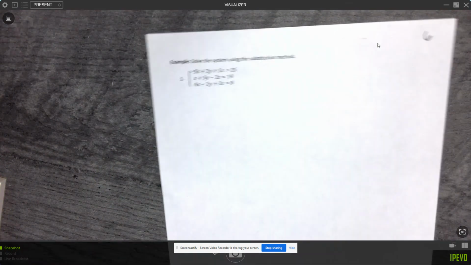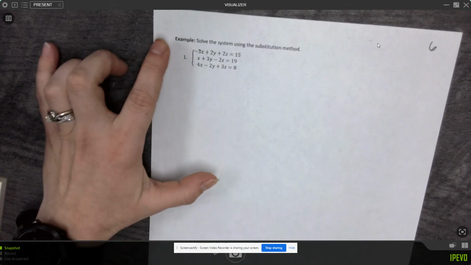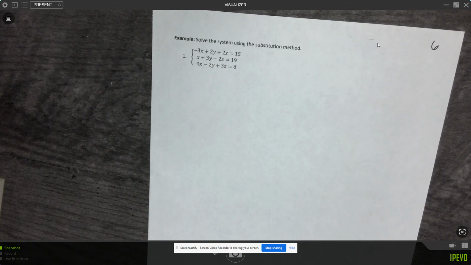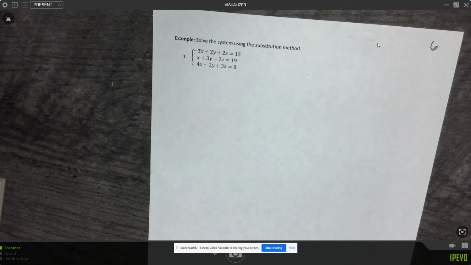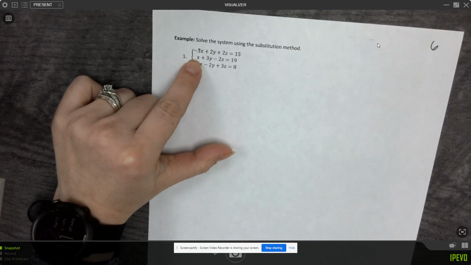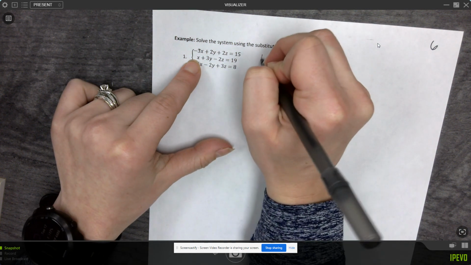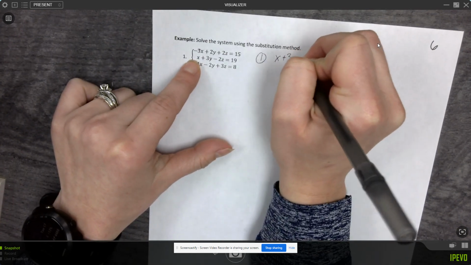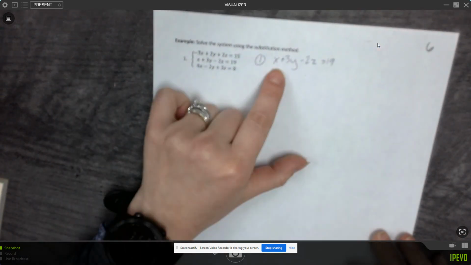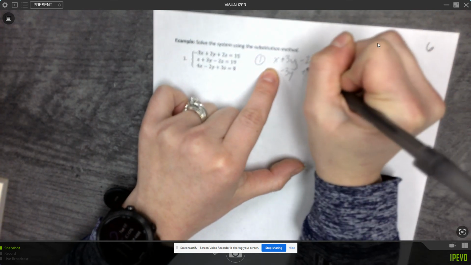So let's go through an example, because it makes so much more sense when you have an example to look at. So here is your system, here are your three equations. Step number 1 is to pick one and solve for one variable. Does not matter, but I am going to point out that the second equation has x with no coefficient. So I'm going to recommend that you solve that one by itself. So step 1, I'm going to take x plus 3y minus 2z equals 19. I'm going to solve that to get x by itself. So you need to subtract 3y and you need to add 2z,